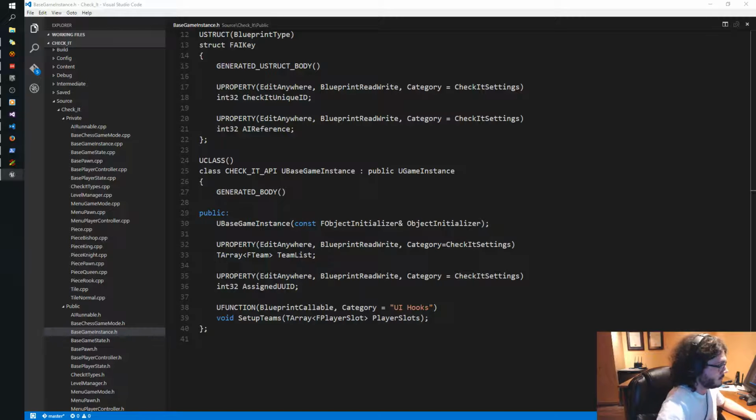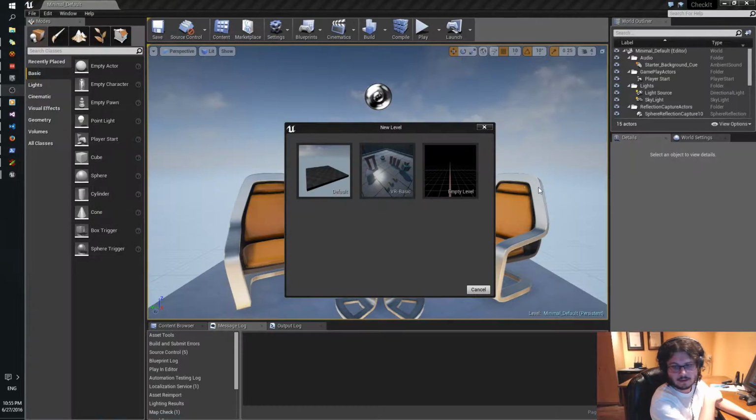New level. I'm not sure if I want to make it a default level or an empty level for the menu.